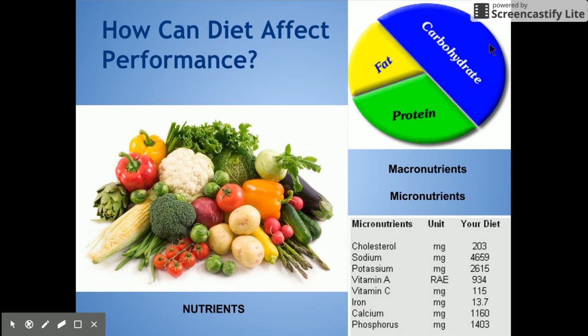Macronutrients, as we've talked about, are large nutrients that provide some kind of calorie or energy. Those are your carbohydrates, your lipids, and your fats, the big molecules that we have here. Then we have micronutrients, which are required in small amounts by humans. They are required to orchestrate a wide variety of physiological functions, but are not necessarily made by humans. So this will be your vitamins and your minerals and water.